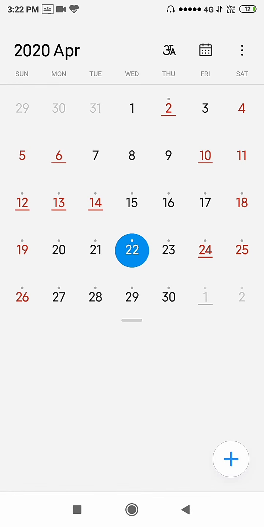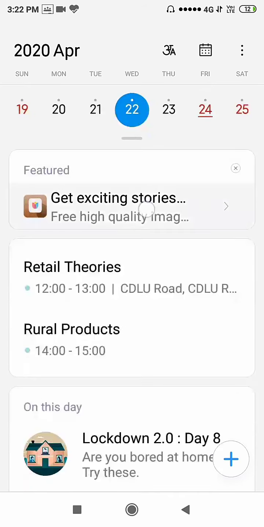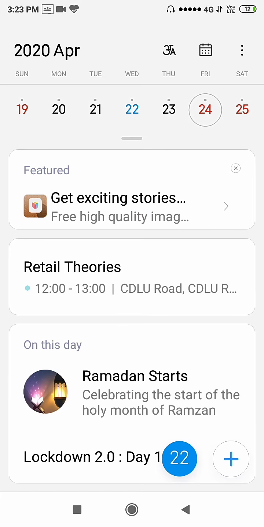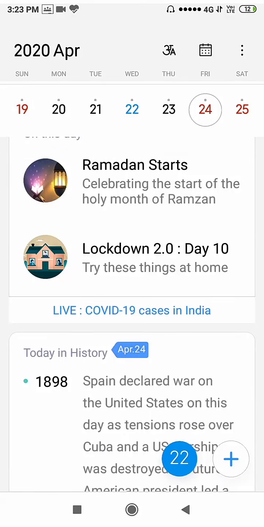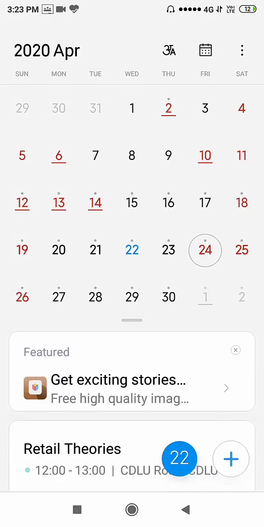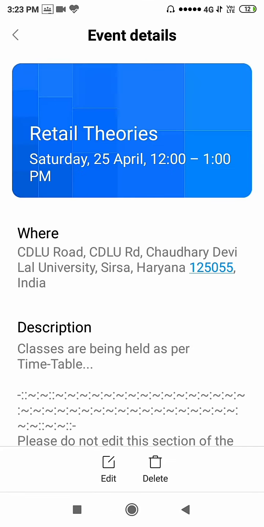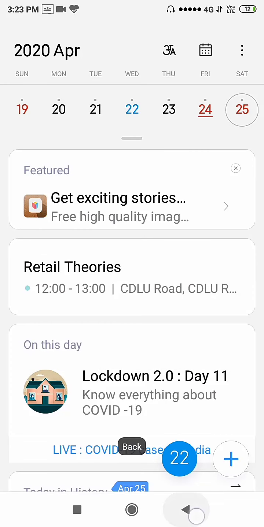If in the calendar any kind of meeting is given through the Zoom app on the 24th, no. Then the 25th, no. You can check it. These are not Zoom meetings, these are your Google Classroom meetings.